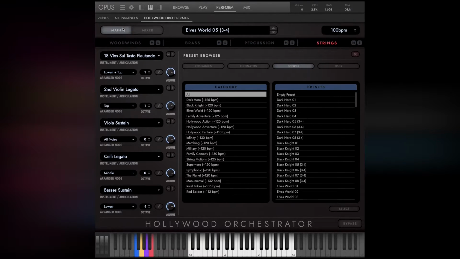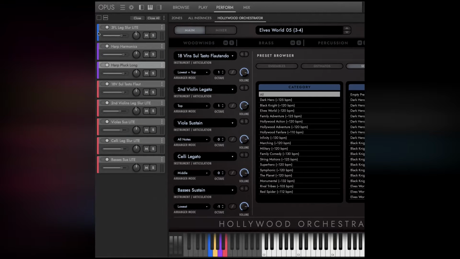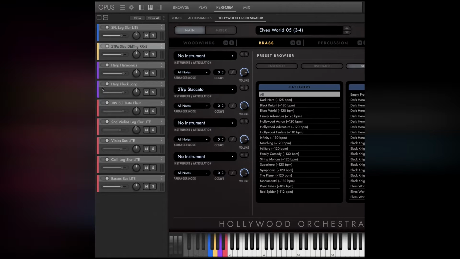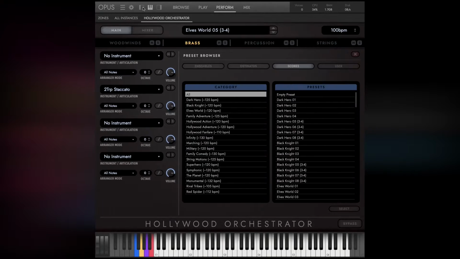And those colors are also color-coded up here. So you'll see there's no brass active. If I pick a brass instrument, then there's the brass and blue, gold, purple, red for strings. The colors are consistent. If an instrument is selected,